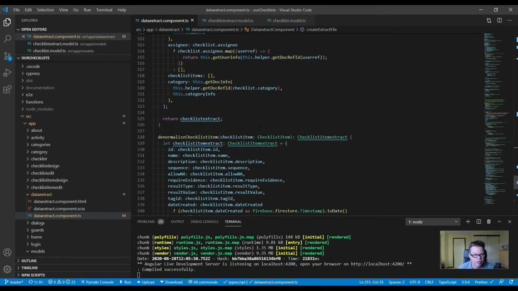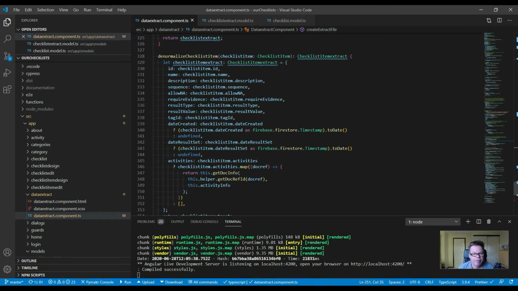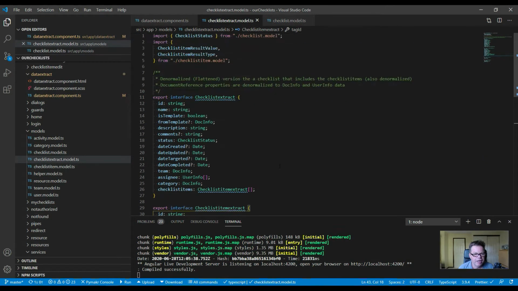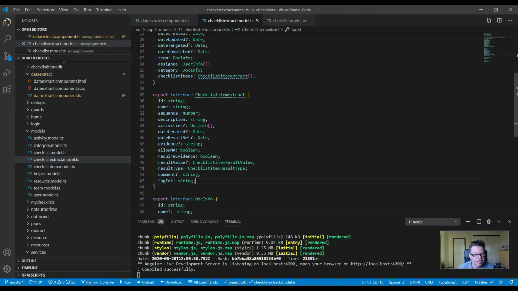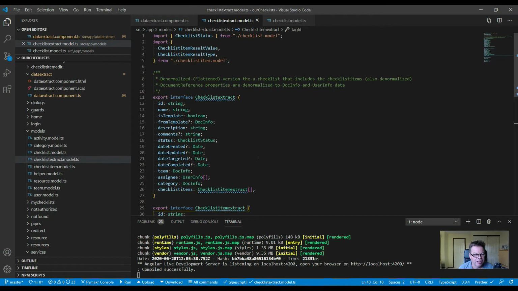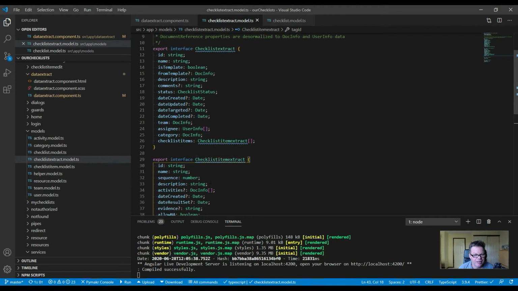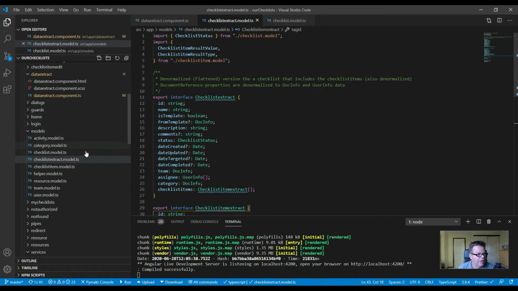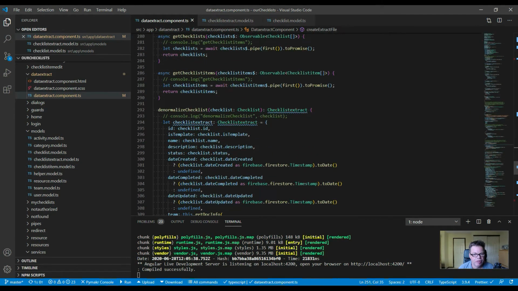So what I did was, as each checklist is retrieved from the observable, it uses the store normalize function to create a new checklist extract class for each checklist, and that's defined in this checklist extract model. So I created an actual separate model to hold the version of checklist and checklist items that's going to be used for the extract, because I didn't extract all the fields. Things like resources weren't really needed in an extract for data analysis, so I didn't pull that. And then some things needed conversions, then I needed to also denormalize things like all the checklist items under a checklist. So you see there's a different version of the checklist and checklist items in this checklist extract model. That's being used during the denormalization of the checklist,